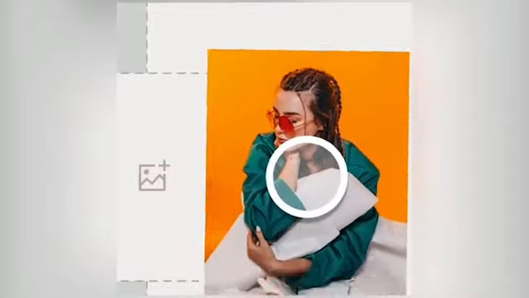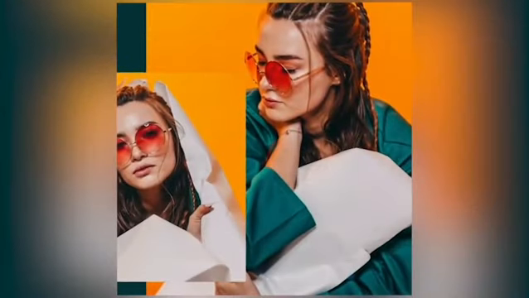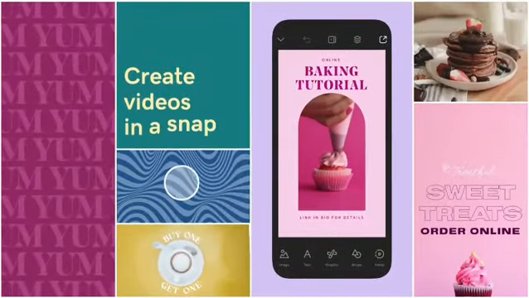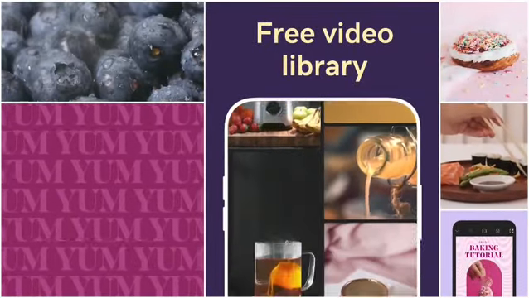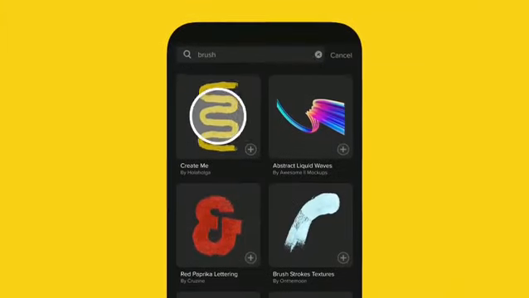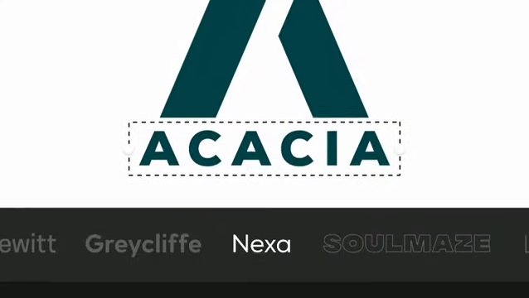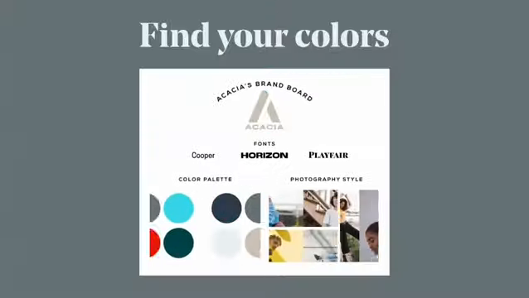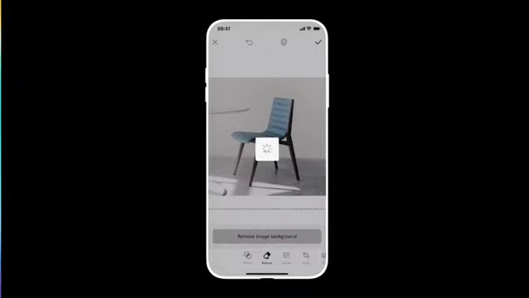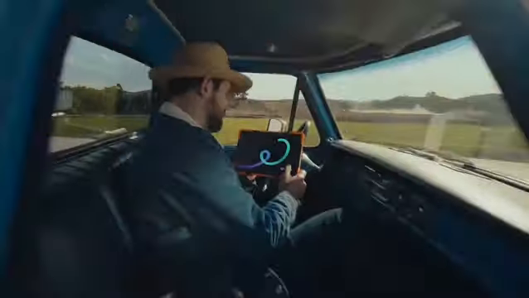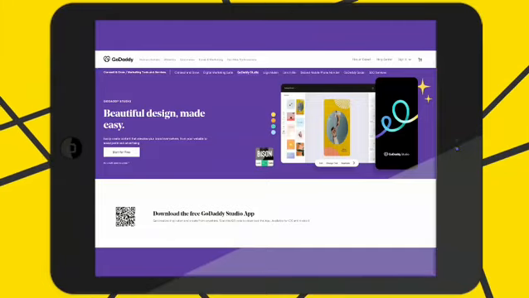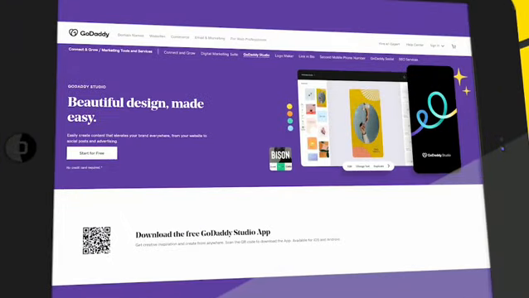GoDaddy Studio is a graphic design and photo editing app, following Canva's model of making graphic design more of a quick and easy process for those who lack experience or time. GoDaddy Studio is the perfect app for you to create any social media content, be it banners or thumbnails. The app's features include, but are certainly not limited to, a text tool with an array of fonts, a tool that removes backgrounds, templates, layouts, and much more. The app is available for both iPhone and iPad. GoDaddy Studio is a free app but with in-app purchases in the form